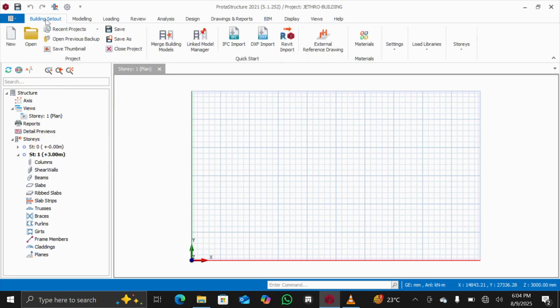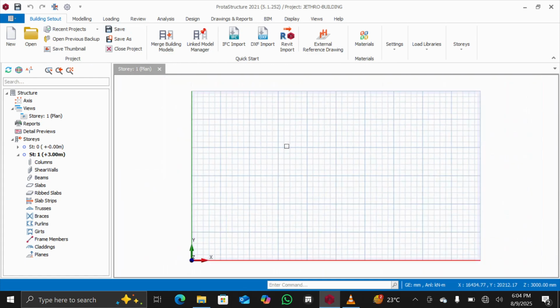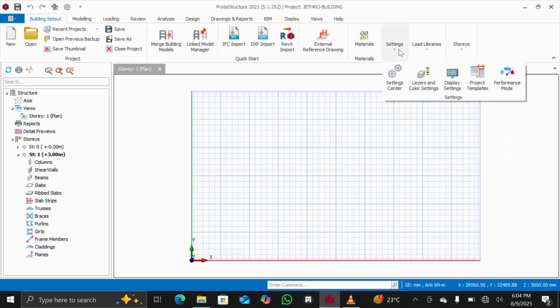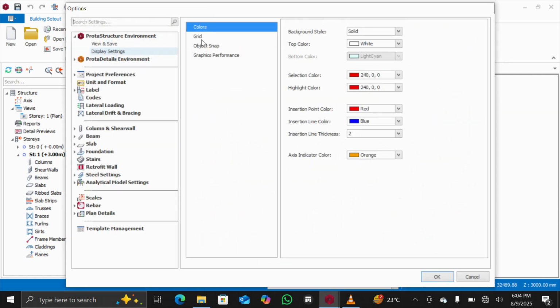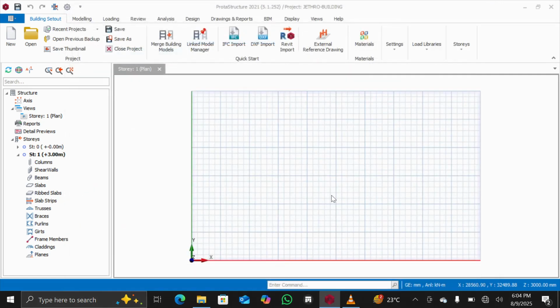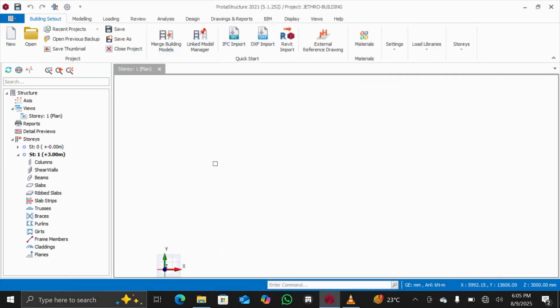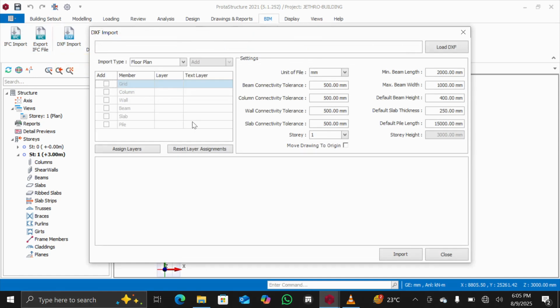So before we import our DXF file, first go back to building setup. I always want to first remove these grids before I import my DXF file. So just come here to settings and come to display settings. You click there, it's going to bring here a pop-up. You can see here, come to grids and then put them off. You could see they have all gone away. But when we import our DXF file, they will come back. You understand? So now we go back to our beam, then click on DXF import